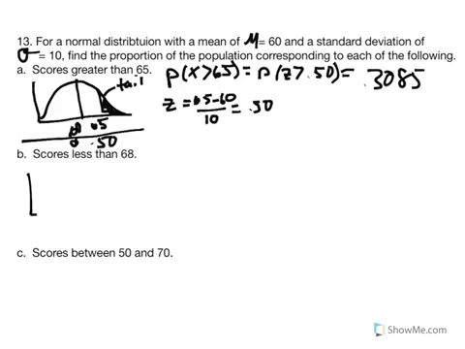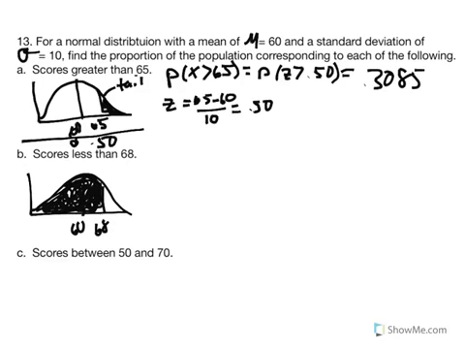All right, next one, scores less than 68. So our mean is in the center of 60, with a score of 68 to the right, and now we're interested in all of this, the area between the mean and z, and the whole other half of the distribution. So again, given this visual interpretation, we should understand that the proportion we're looking for is definitely going to be